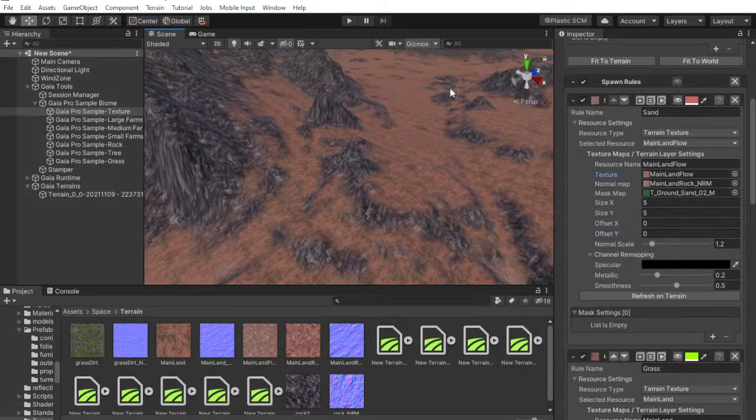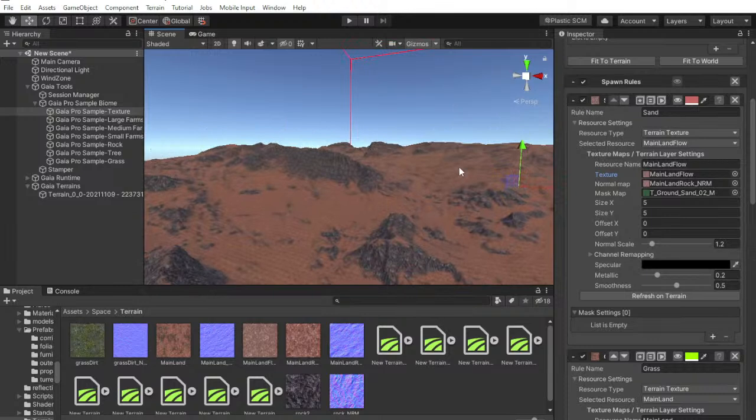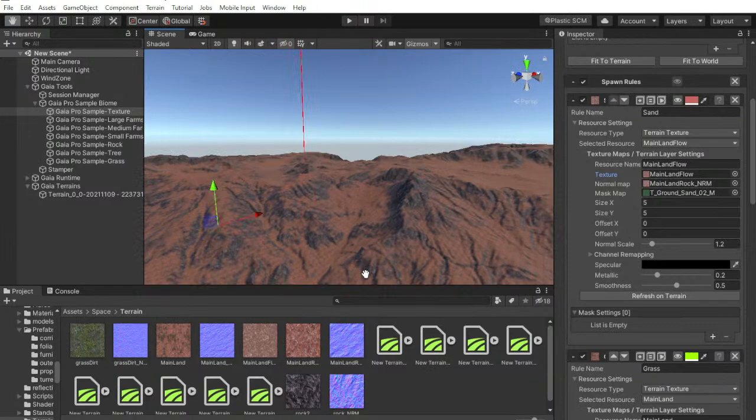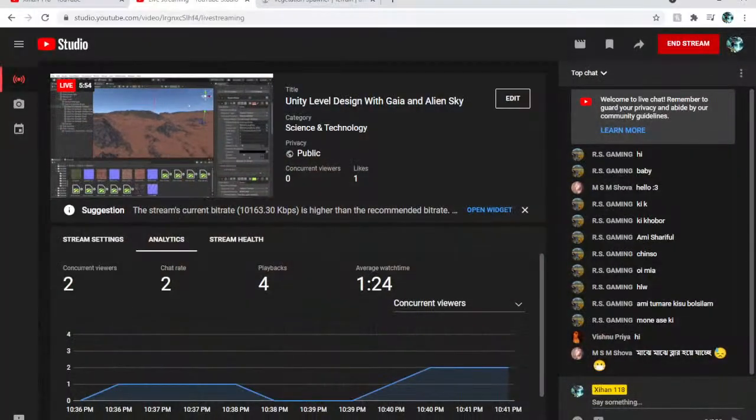Fine. Awesome. Alright, now let's start adding vegetation to our scene. And I am trying to make this live stream as